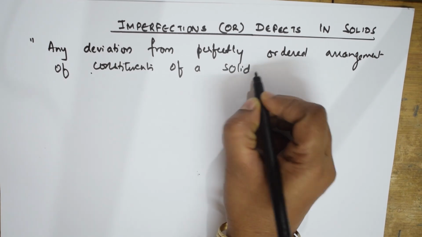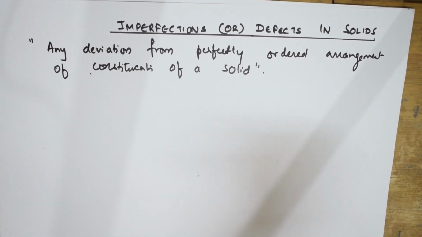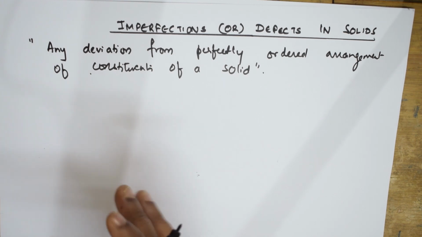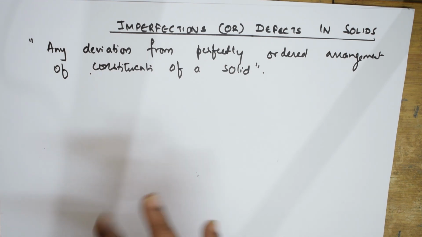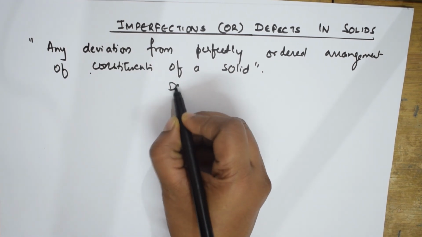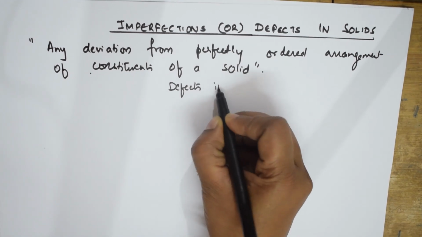Then it is called imperfection or defect. Done. Now what will happen because of these defects? Because of these defects, it will lead to a change in the properties of solids, right? It will also introduce special properties in solids because the alignment or arrangement is changed, isn't it? Now, when I speak about the solid state chapter, defects in solids,